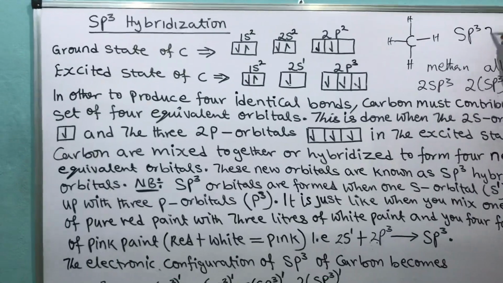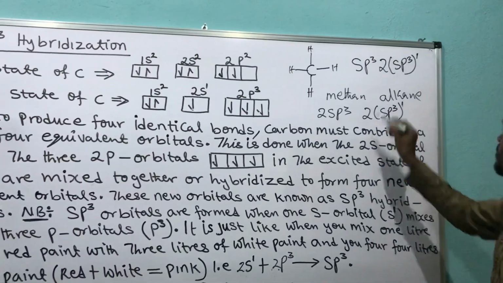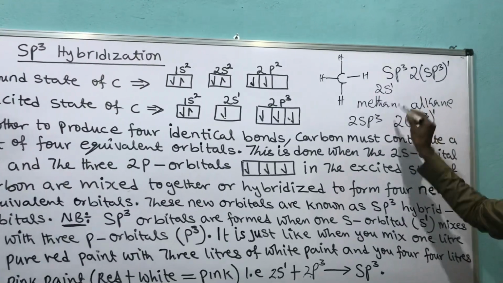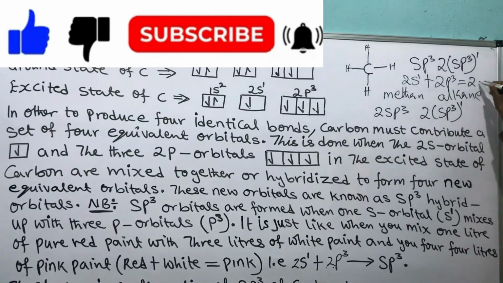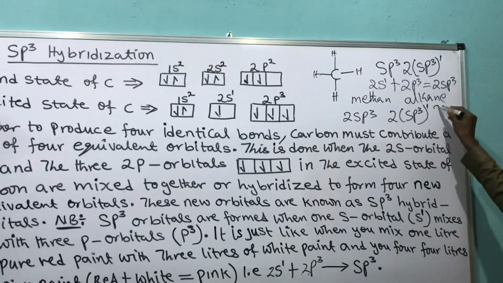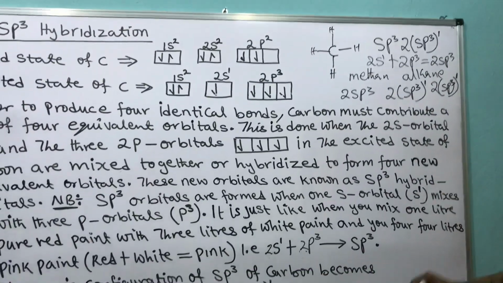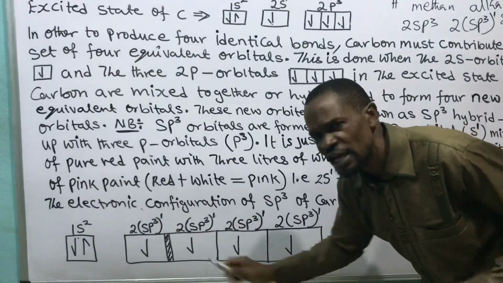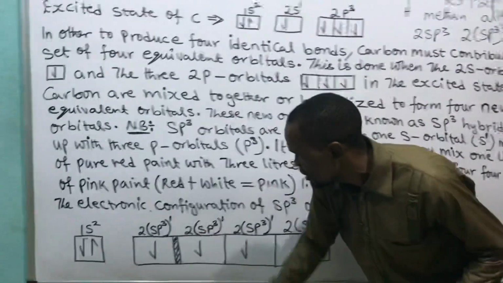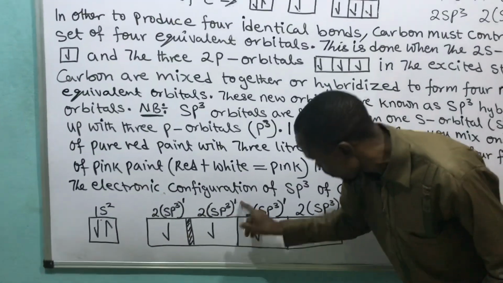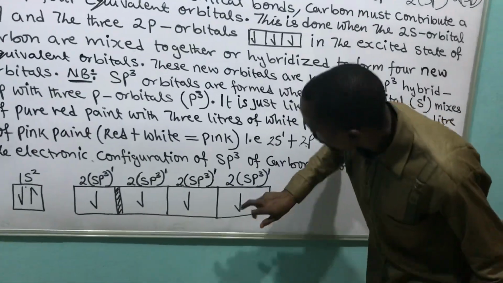So I have 2, then sp3, and that's 1. You remember that form is 2s1 plus 2p3, and that gives me 2sp3. And that can be written as 2 into sp3, raised to power 1. What's the 1 here? 1 here represents the electron. Come down here, 1 represents this electron. This one has mixed up 1. Then the second one, 2sp3, 1 as well. Then the other one, 2sp3, 1 as well. How many are there? 1, 2, 3,